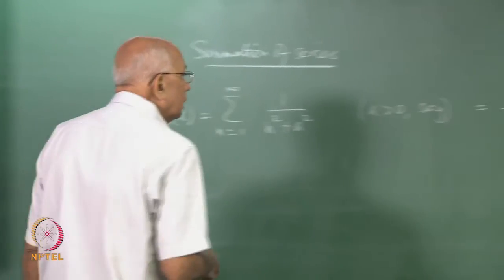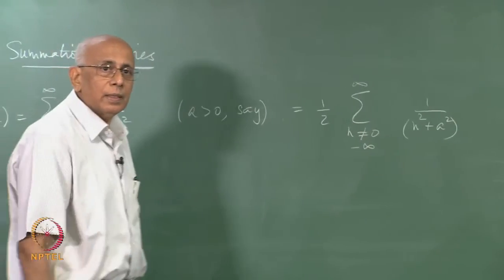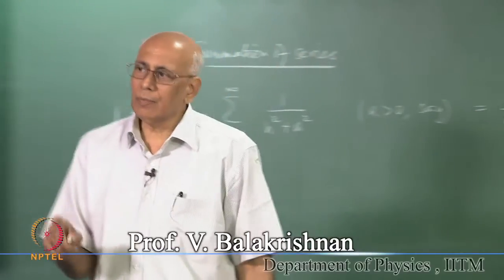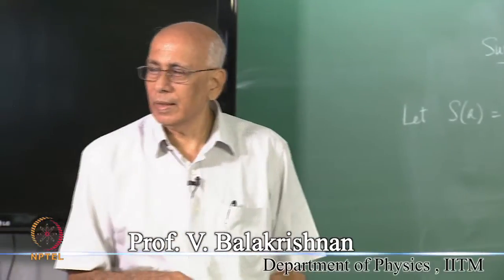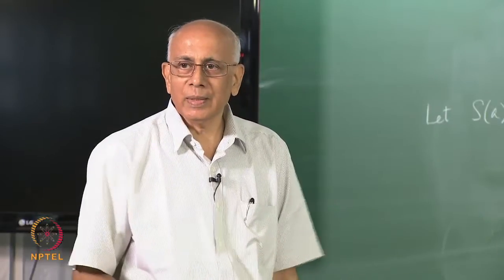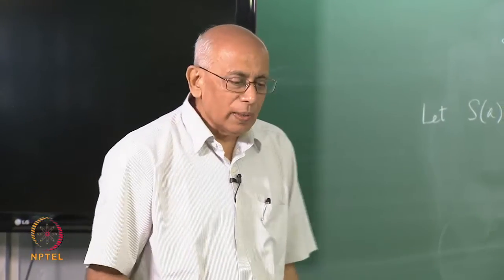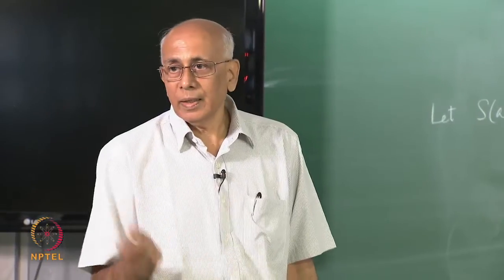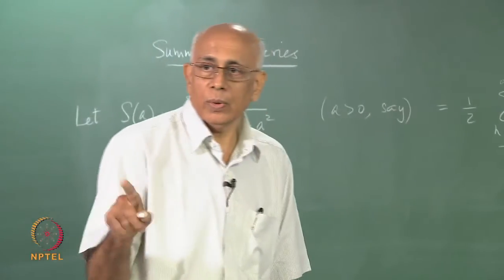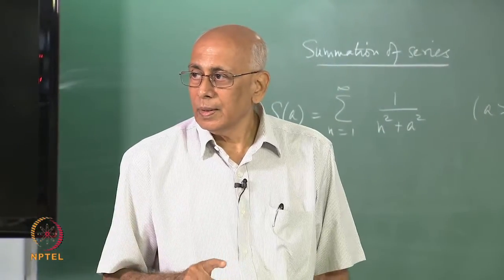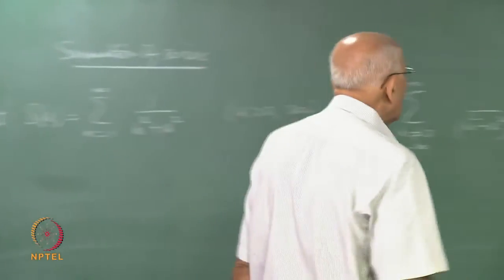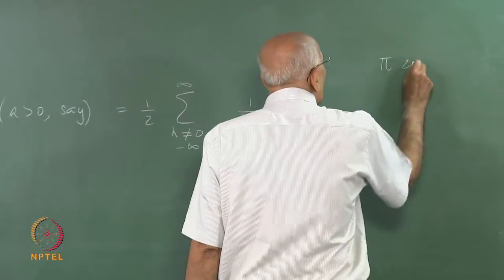Okay. The next step is to say it would be very nice if this term appeared as the residue of some function of z, a complex variable z, at the point z equal to n. I want precisely 1 over n squared plus a squared to appear as a residue. So I need a function which has nice analytic properties and has a simple pole at the point z equal to n, where n is an integer, and the residue should be equal to 1. But we already know such a function. We already know that if you look at this function pi cot pi z,